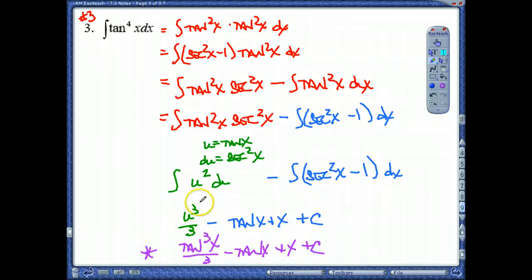So knowing those trig identities and knowing what you can integrate and what you can't integrate is going to be super, super important. So look back over those two